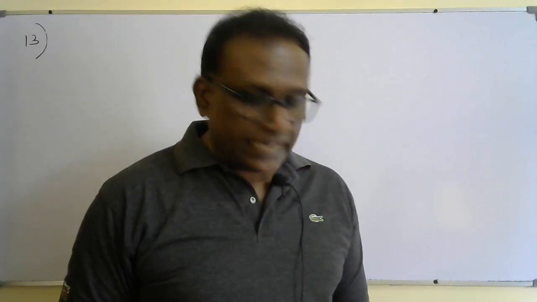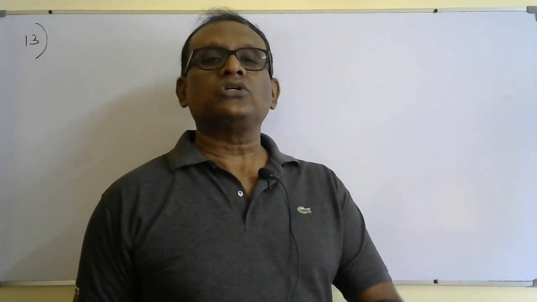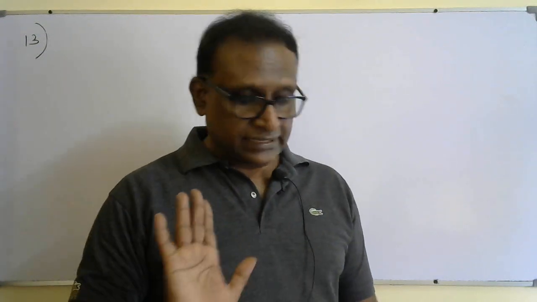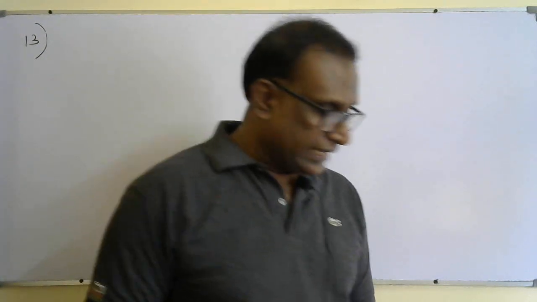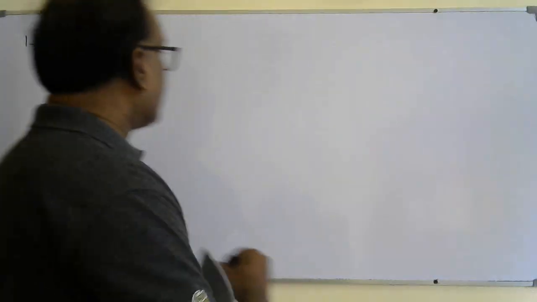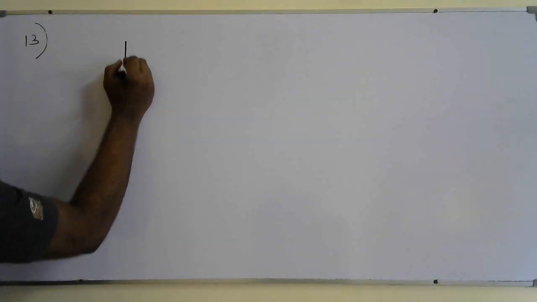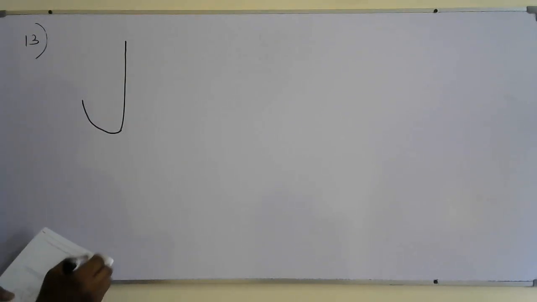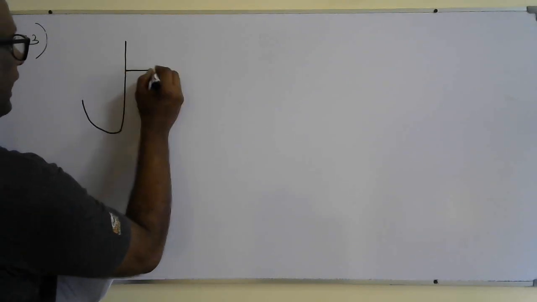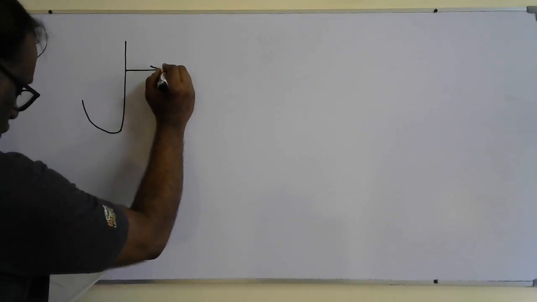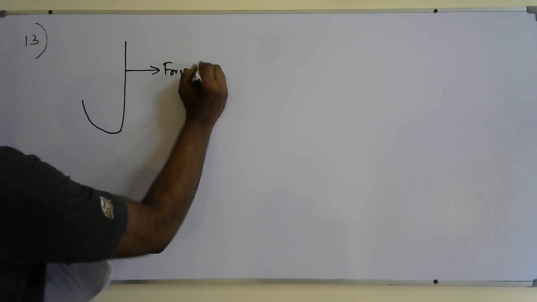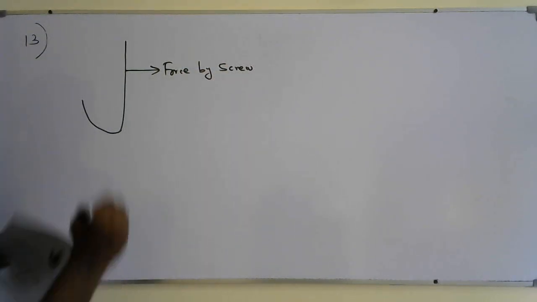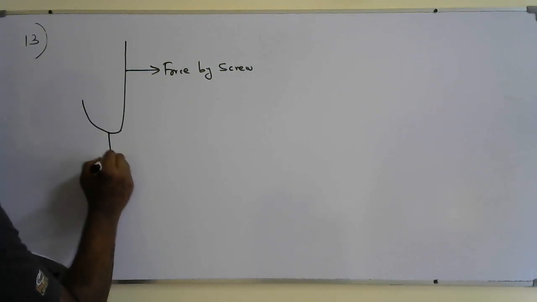The diagram I drew was just an example to show how to draw a diagram where more than 3 non-parallel forces act. Nothing related to question 13, right? Now I'm going to question number 13. There a diagram is given like this. This is the hook, diagram of the hook. There the horizontal force by the nail is given, force by screw. I write it shortly. And there they are giving the weight of the coat this way,